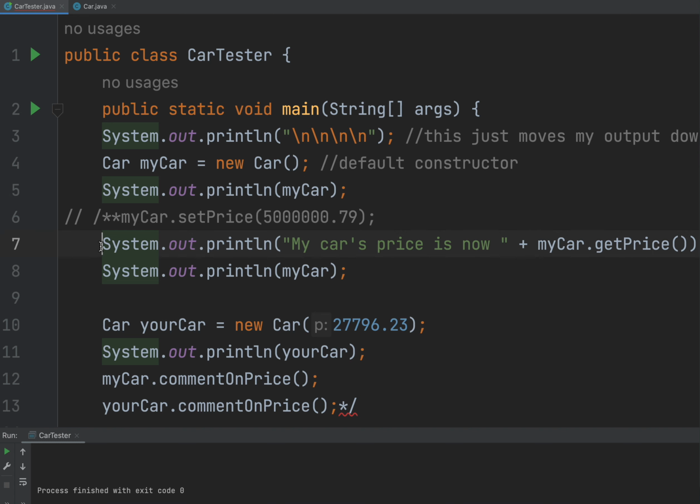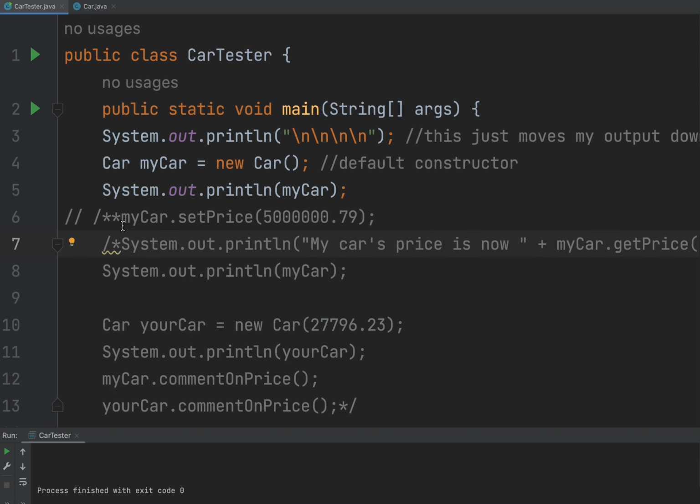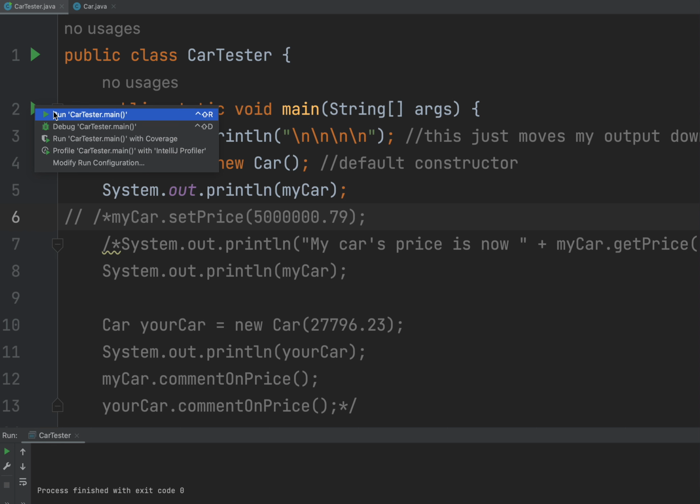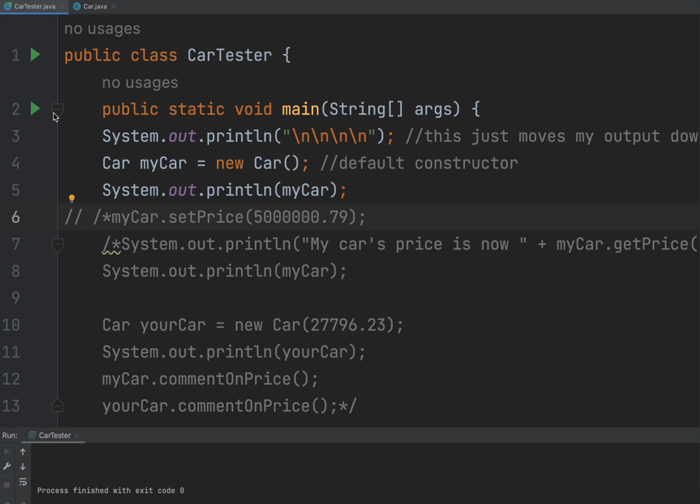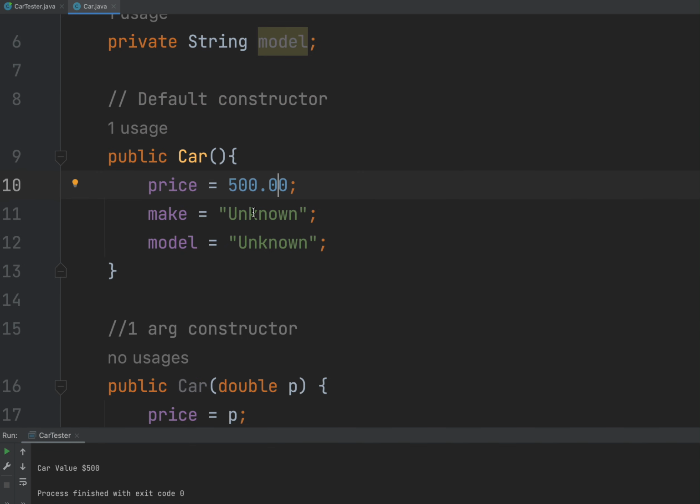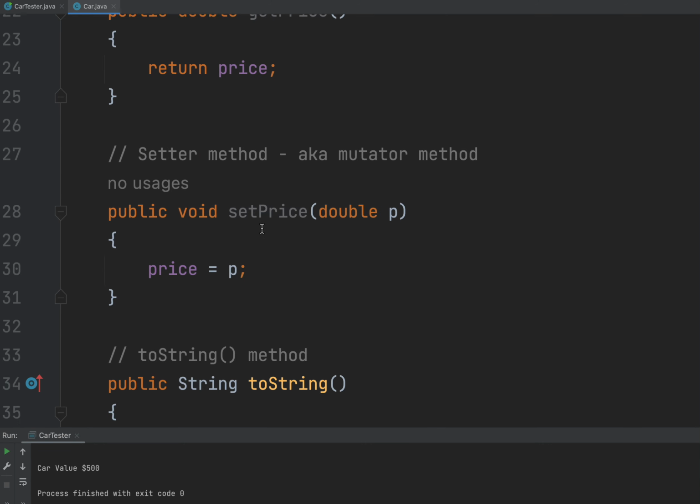Okay, so now we're going to print out using our toString, and we're going to see what exactly is going on here. Did our default constructor work out nicely with the unknowns? This car has a $500 value, but I don't know about its make and model. Oh, that's right. Well, I have only created the default constructor now with the unknown make and model. I now have to update